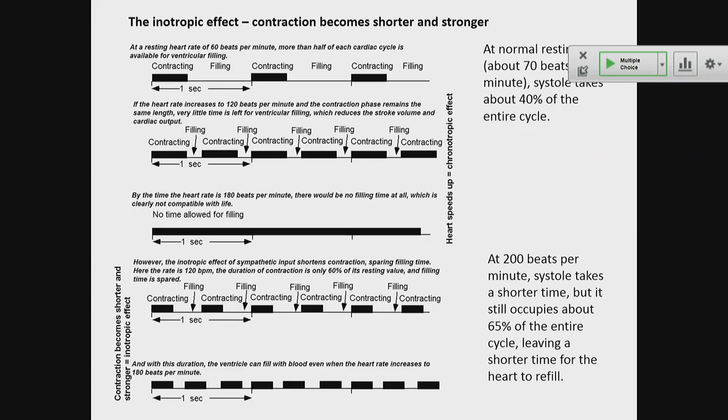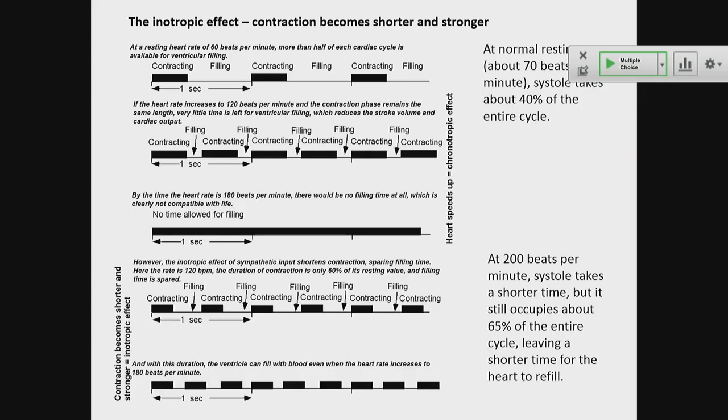If you keep the time it takes to contract the ventricle constant, if it remains at 250 milliseconds, that means you're already using half of the cardiac cycle for the contraction. So you have less time for the relaxation, okay? If you go to 180 beats per minute, that means now you only have a third of a second for each cardiac cycle, okay?